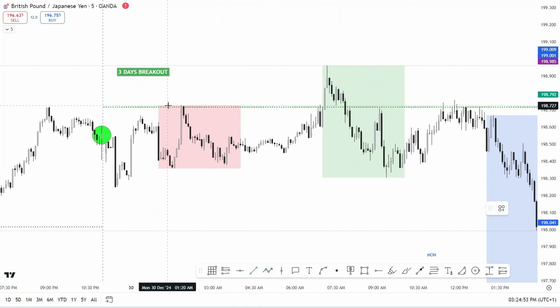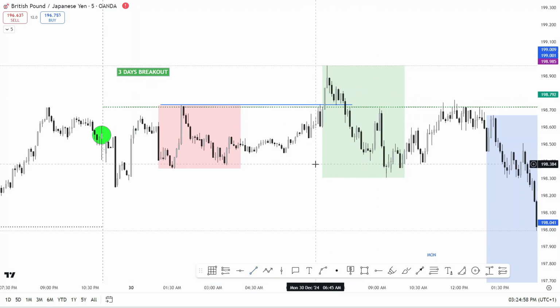So what do we see? This is the Asian high, and we expect price to break it. Remember, price does two things: break out and reverse, or break out and consolidate, right? So in this case, we're expecting a down move. Immediately price breaks out, and take note, it is breaking out in our time window. So basically, wait patiently,